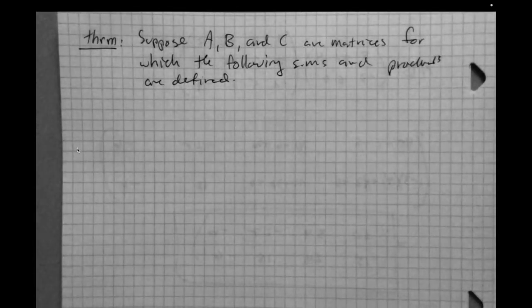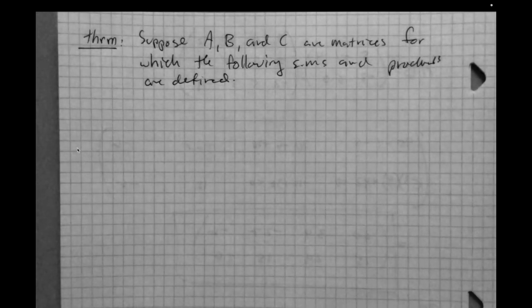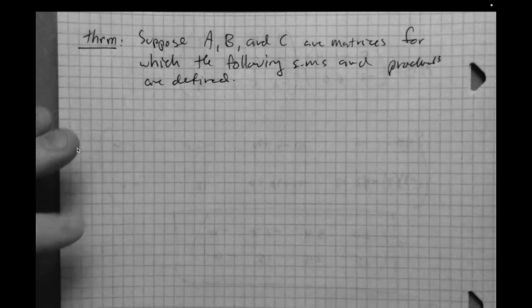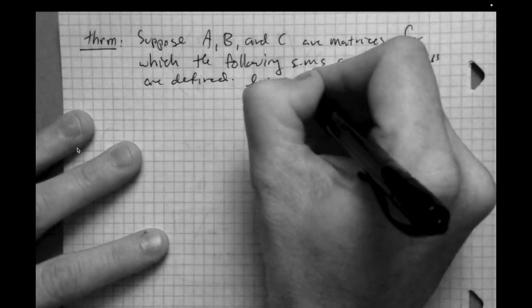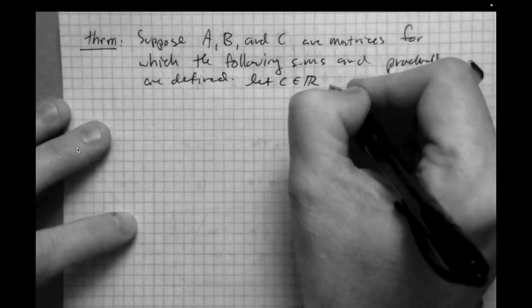Okay, so we're not going to worry about dimensions right now. We're just going to assume for the couple of items that follow that A, B, and C have the requisite dimensions. So we're just going to assume that the sums and products are defined, and obviously that's a consideration you'll have to take into account. But we're going to assume that these matrix products and sums all are defined. Okay, and if that's the case, let's also let c be a real number, we're going to need a scalar here. Okay, then